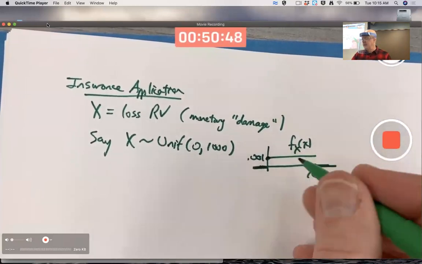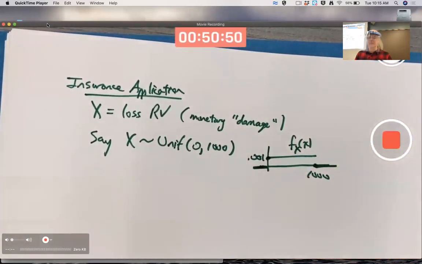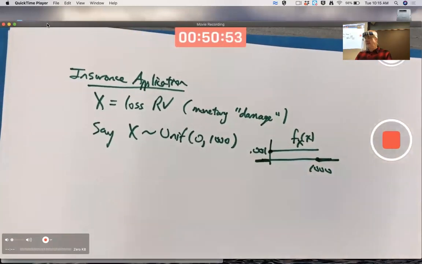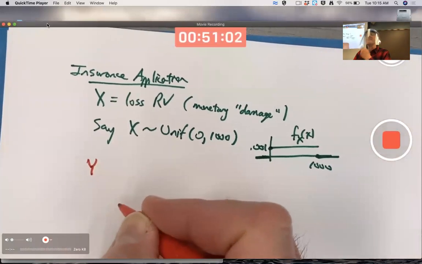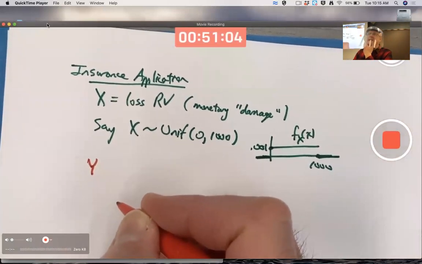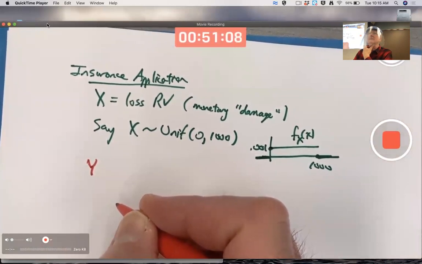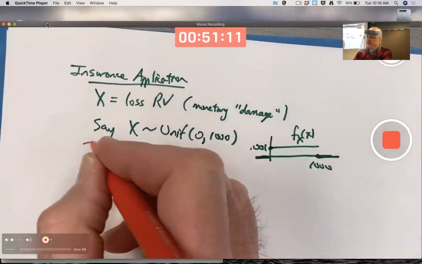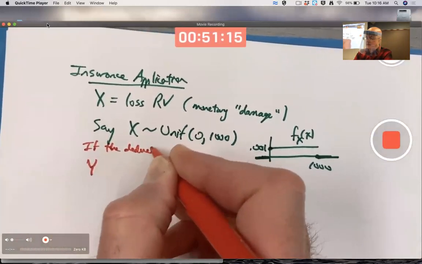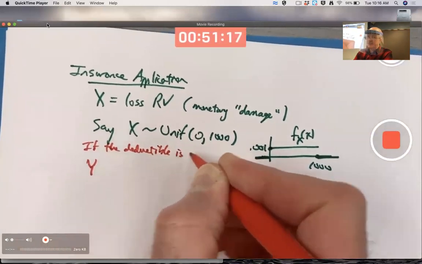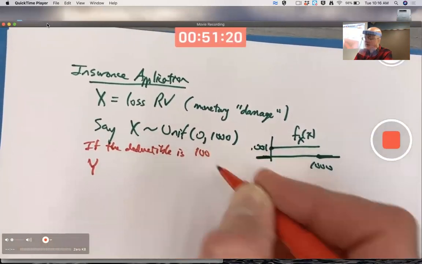And again, it doesn't matter where you put the open and closed circles there. I'm not even going to bother. There's a corresponding random variable. If you've got a deductible, call it Y. That is going to be the amount the insurance company actually covers. If the deductible is $100, say,